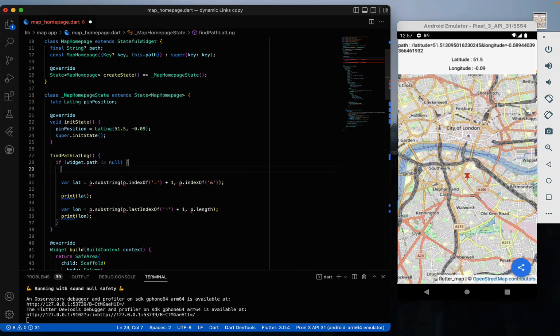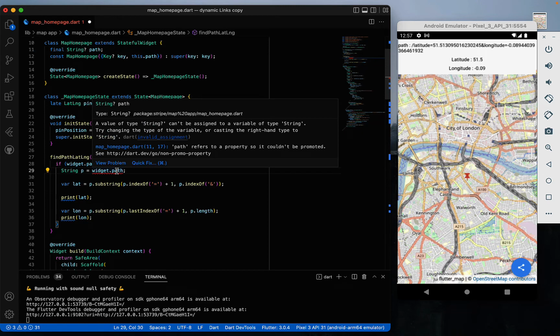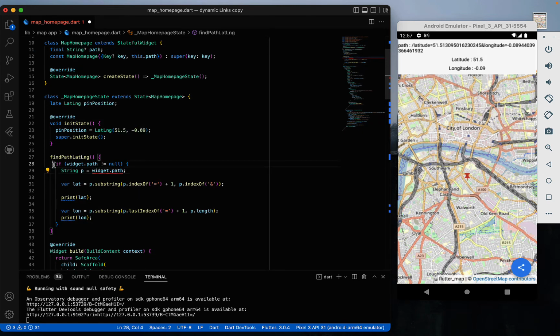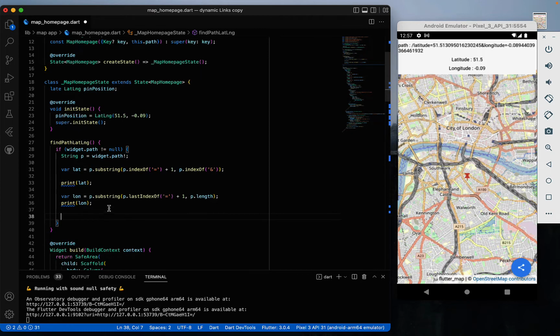Okay, now let's create a variable string p equal to widget dot path, and it is giving error because path can be null, and we are already checking for the null, so we can add a null check here. Okay, save it. Okay, so we are getting latitude and longitude from the string, and after getting the latitude and longitude, we just need to update our pin position. So copy this variable, paste it over here, equal to lat long, then our latitude here, then longitude here, and